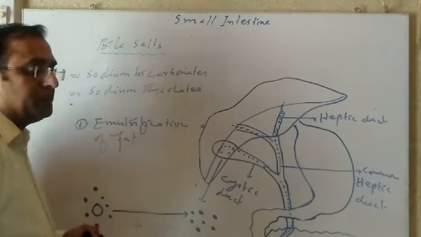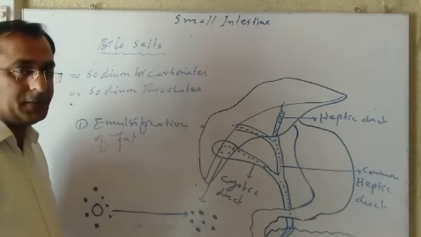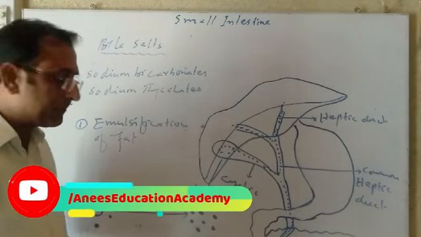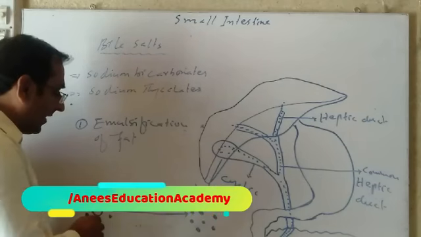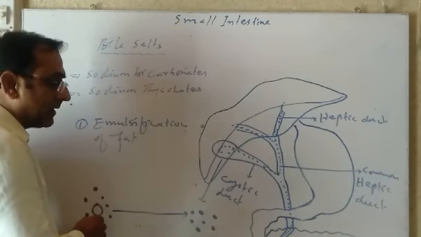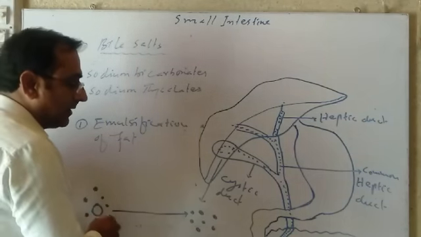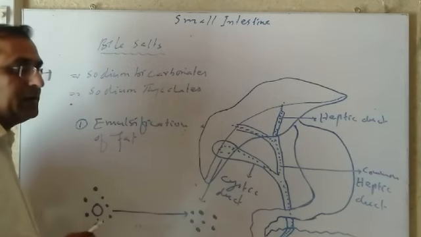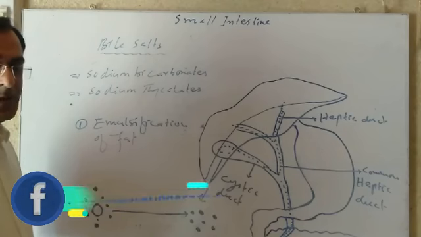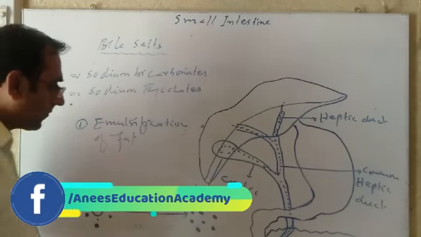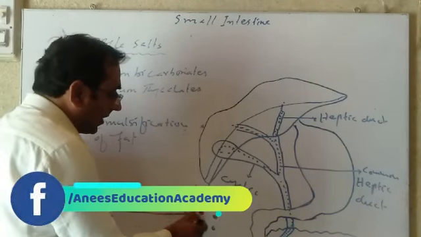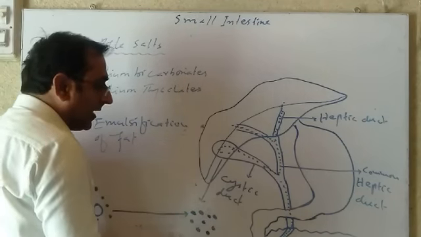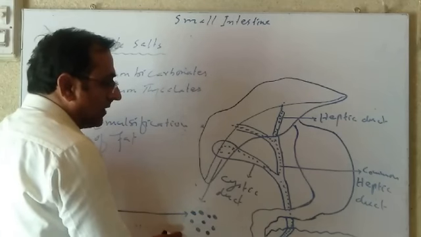This process is known as the emulsification of fat. The main purpose of emulsification of fat is that if fat is not emulsified, then small droplets are not formed and fat cannot be digested. Due to the emulsification, fatty droplets are formed, so the surface area of the fat increases and